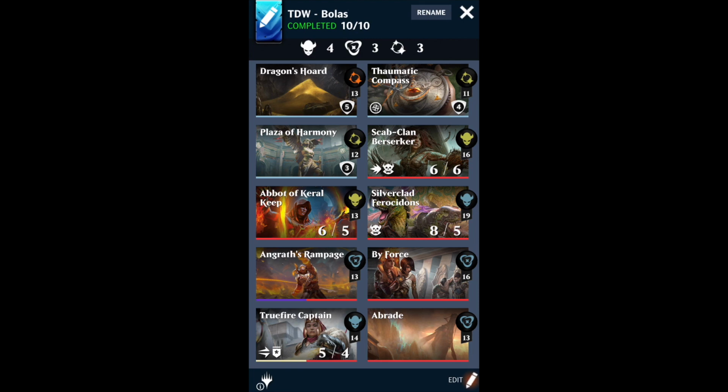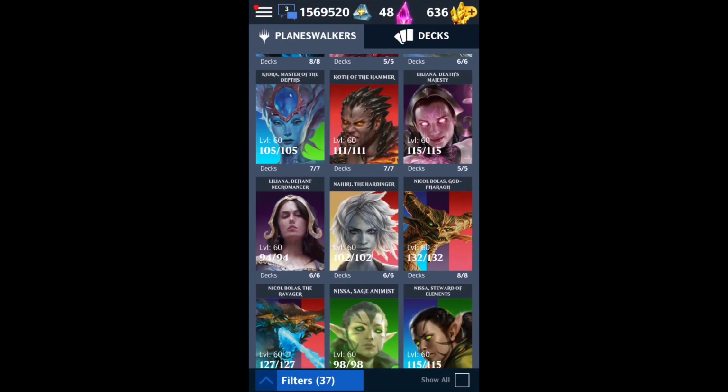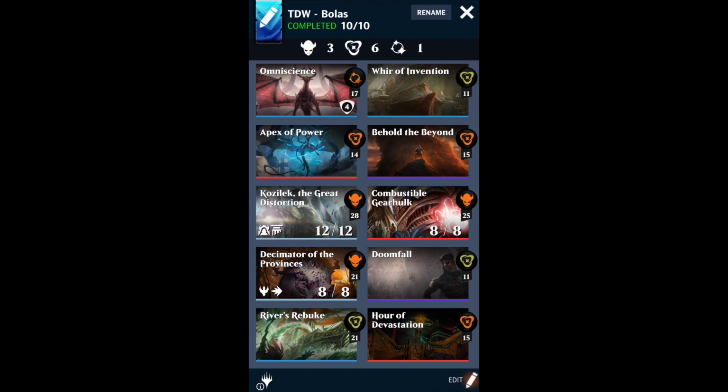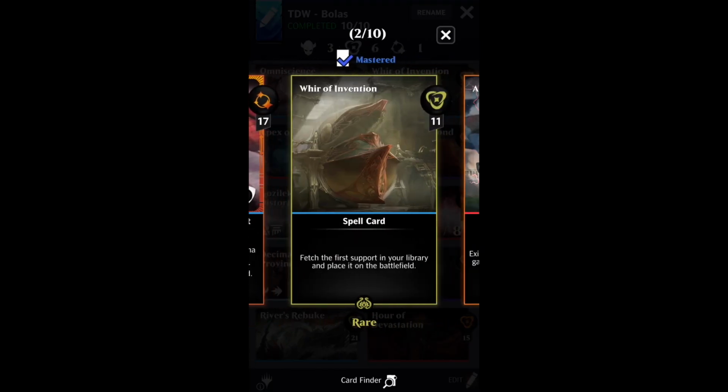lot of Omniscience decks. So for players that do have basically everything, you're definitely going to want to go with an Omniscience deck here. Make sure Omniscience is your only support, and you're running it in conjunction with Whir of Invention. So all the cards need to be 11 or more. Whir is 11, so you just pair these two, and it just completely eradicates the whole mana cost portion of